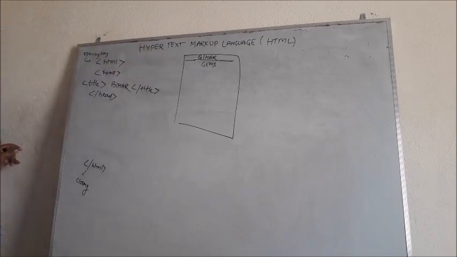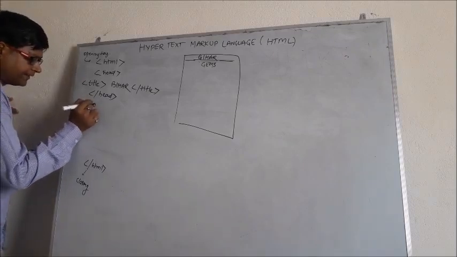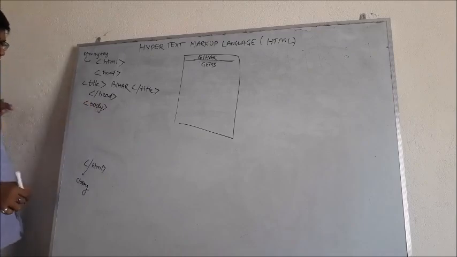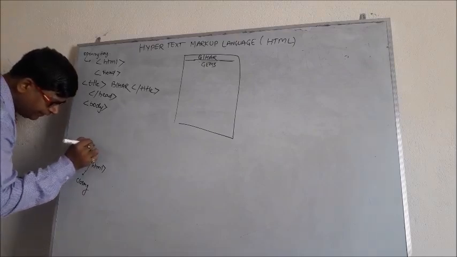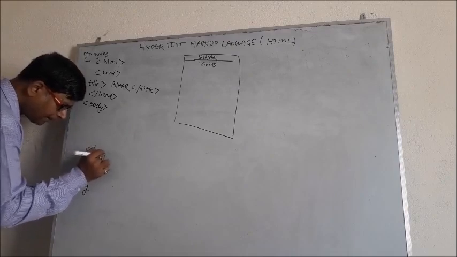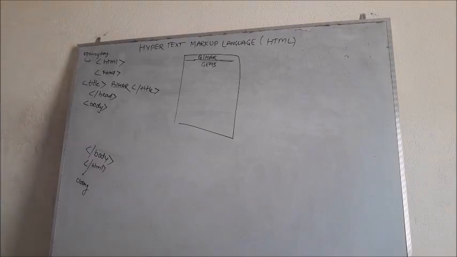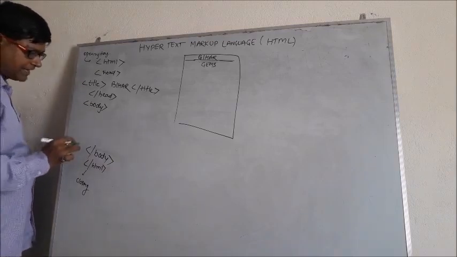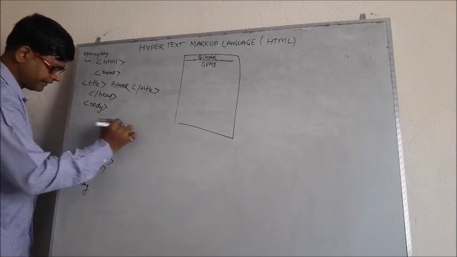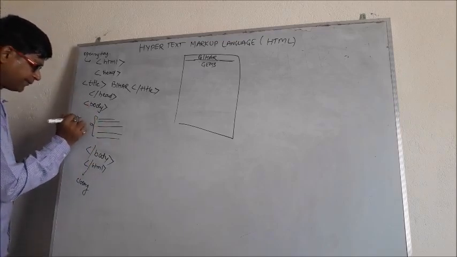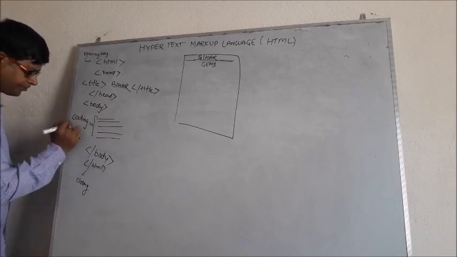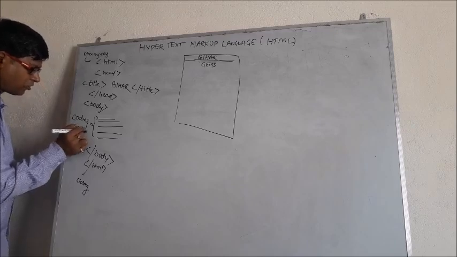Title of the document. Now if you want to go into coding, coding should start with another tag which starts with body, that is the body of the code, right? And after that it must close here with closing body, right? So the entire code, whatever code you want to write, you can write here only. This area is given for your coding section, right? Coding section or coding purpose.